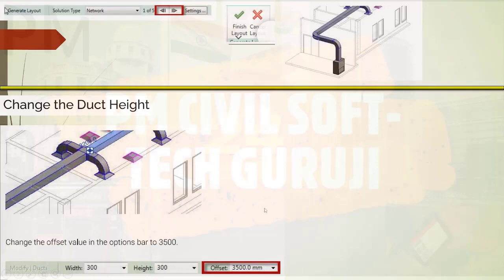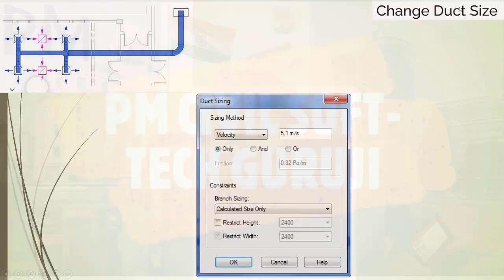Now change the duct size. Move your pointer above a duct and press Tab until you see all ducts are highlighted.